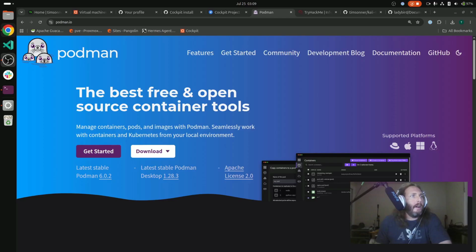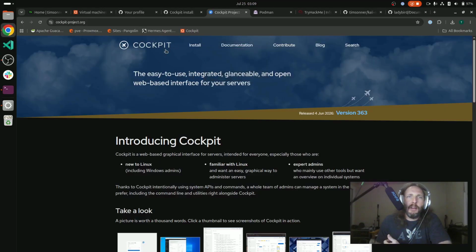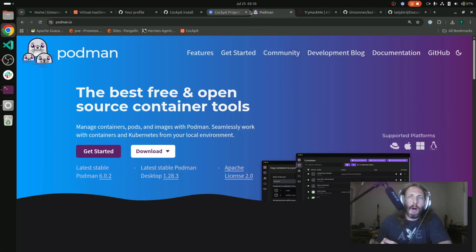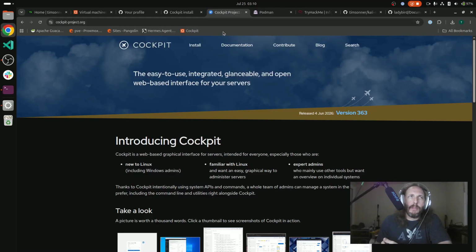Okay, what is up? Today we're going to be talking about Podman and Podman running from Cockpit. I've actually never done this, so I'm just going to do this on the fly. It should be fairly simple. I've done a little bit of research on it. In addition to Podman and Cockpit, I'm also going to show you guys how to do GitHub